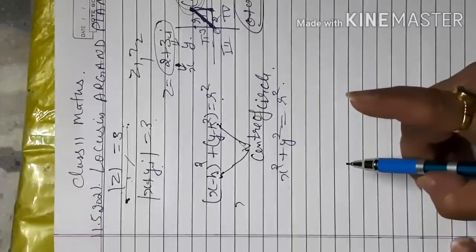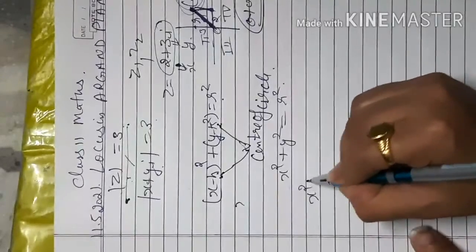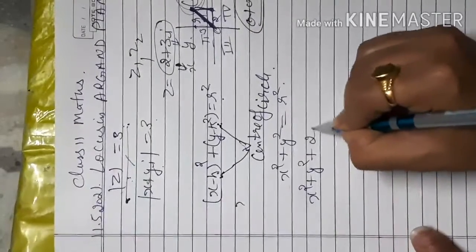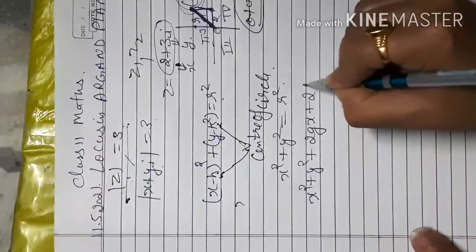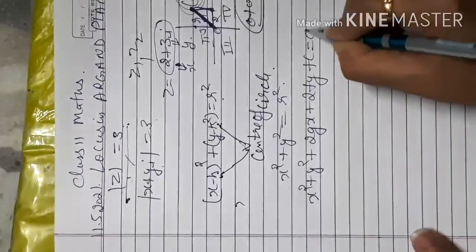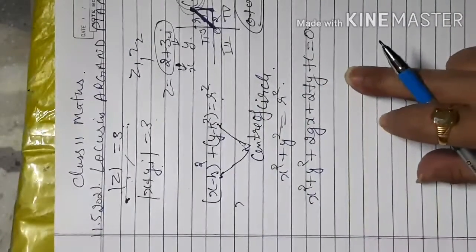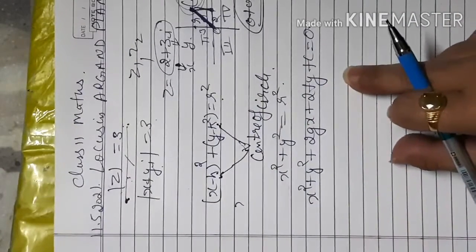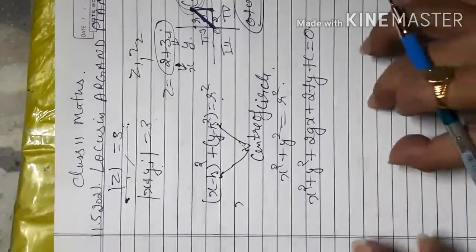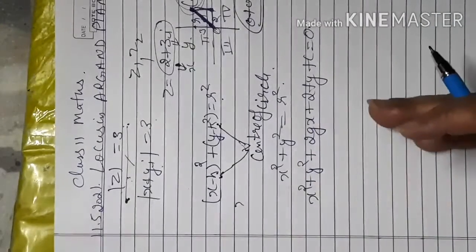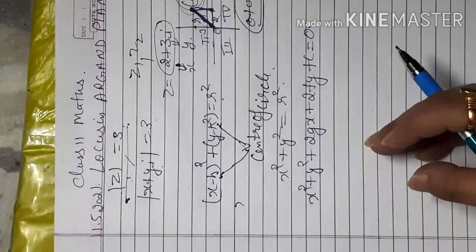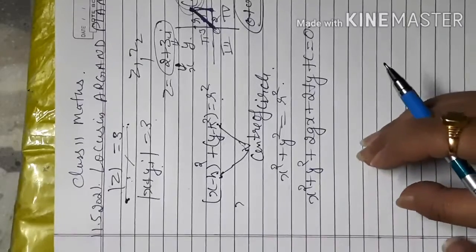The second is the 2-degree equation of the circle, that is x square plus y square plus 2gx plus 2fy plus c is equal to 0. This topic of circle we will study later in our circle chapter, in your second book. But here we just want to represent the particular position of the complex number, so we need these formulas right now.